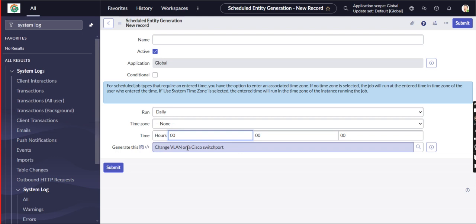You should also give the specified timings and the time zone. These details will also be reflected at that particular time. So we also get one small notification: change of the VLAN on a Cisco switch port.